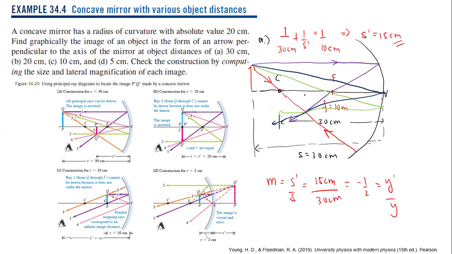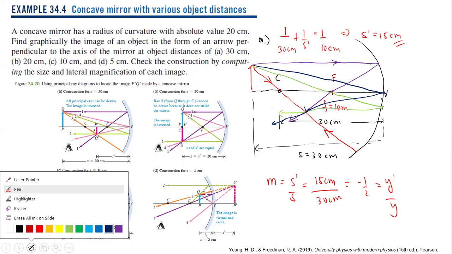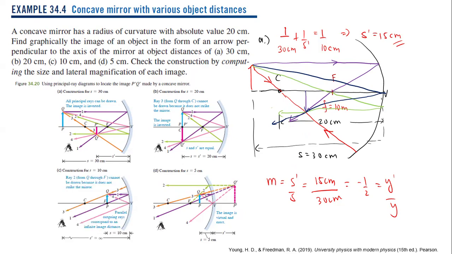So you can see here that the image is in this muna nga atong location sa image. So you can see that this is the S prime. So muna atong image is inverted siya. So the distance of this is S prime, which is 15 centimeter. And the M is negative, so inverted siya.